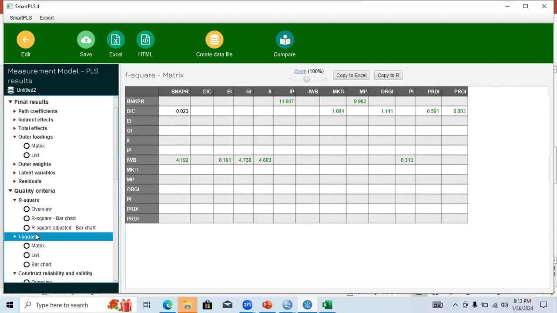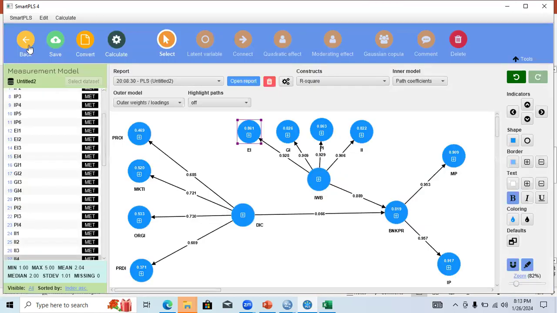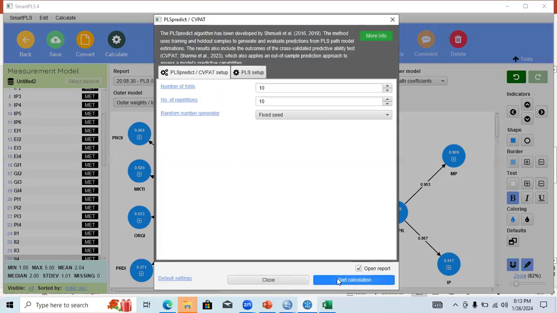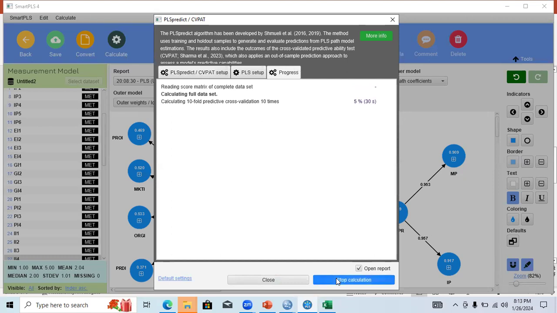Then you can see the F square. F square is also good because it is indicating that the model is good. Then you need to see the predictive relevance that you can find out from here through PLS predict. Start calculation. If we are lucky, it will run the predictive relevance too. You need to see it. I will show you